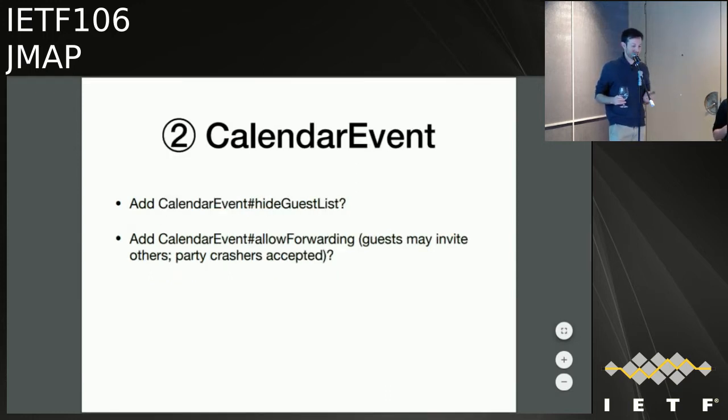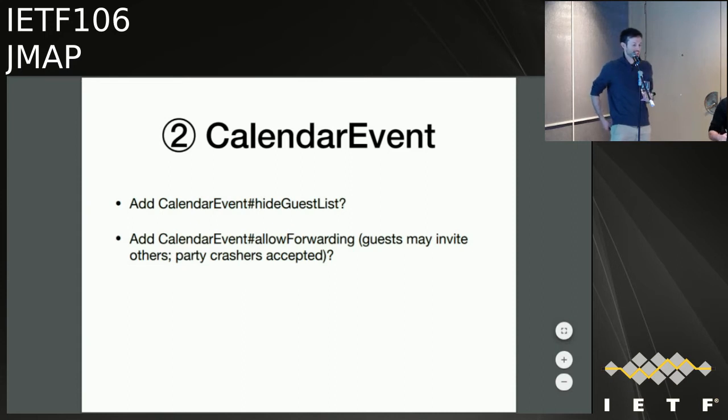Anyway, okay, so calendar events. There's a couple of extra properties that I'm wondering whether we add, which are not in CalDAV or that kind of thing, but do seem to be quite common. I think both Exchange and Google Calendar have very similar stuff, which you can probably guess from the names what they do. One where, when you send out iTIP messages, you don't send out all the participants with them, just yourself.